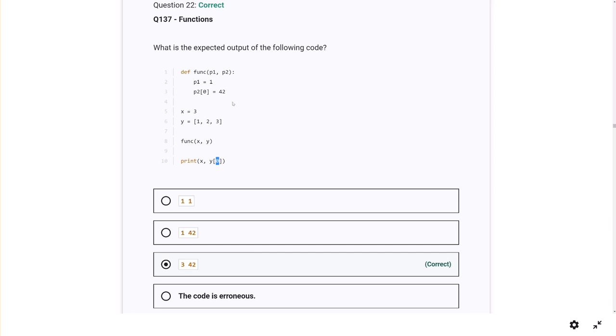So first time we print x, 3. Second time we print,